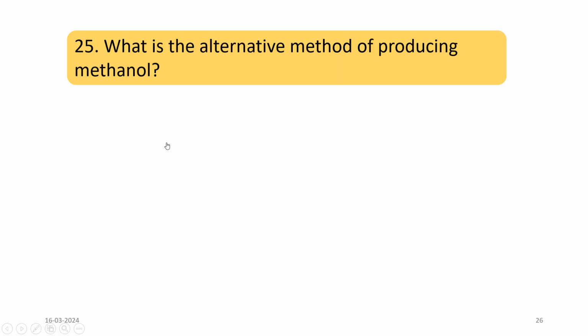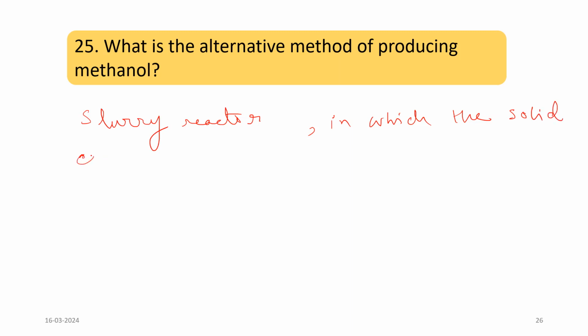Next question: What is the alternative method of producing methanol? So till now we have seen that the difference between the different methods of methanol production is the reactor only. So in the alternative method also the reactor is the difference. So here slurry reactors are used. Slurry reactor is used in which the catalysts are solid. That means the solid catalysts are suspended